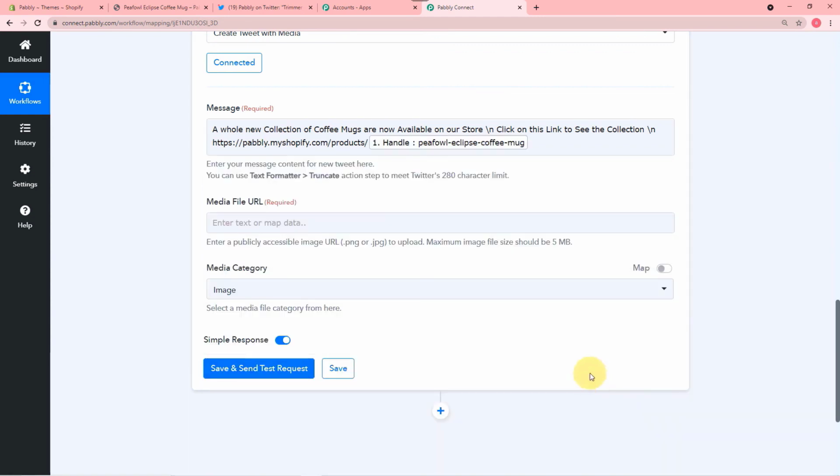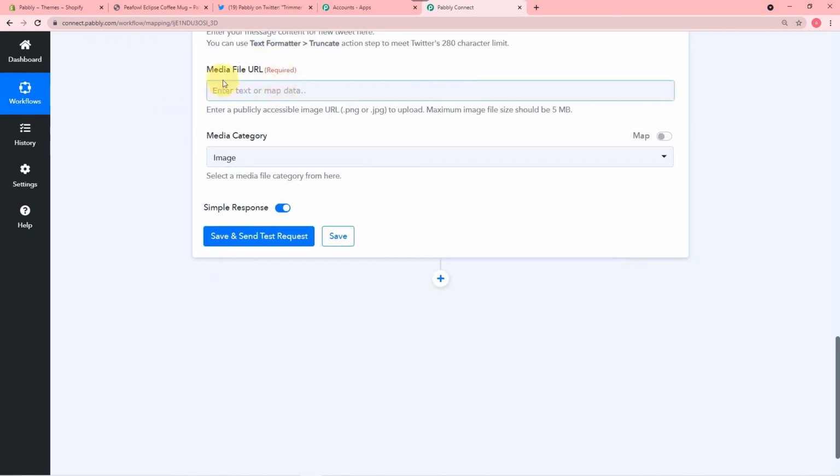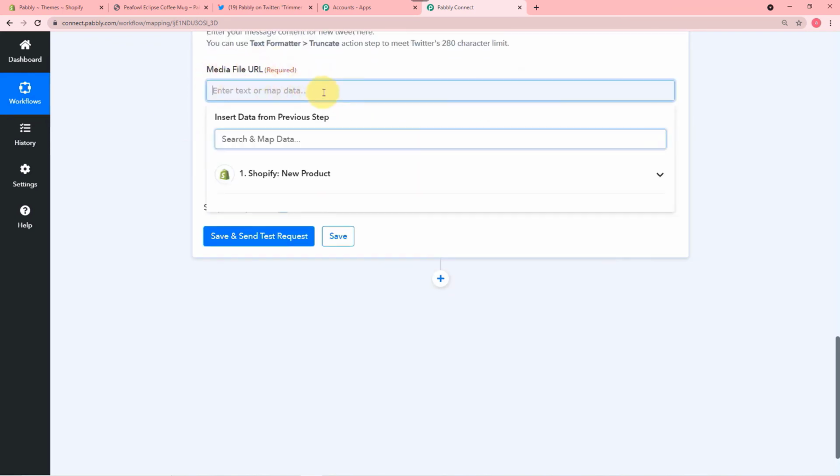So we are mapping this handle of the product here, because whenever we update our Shopify store, this handle will get changed automatically, and this link will get updated automatically whenever you tweet a new post about the new product. All right. And in the media file URL, you have to click here and click on the Shopify new products option,